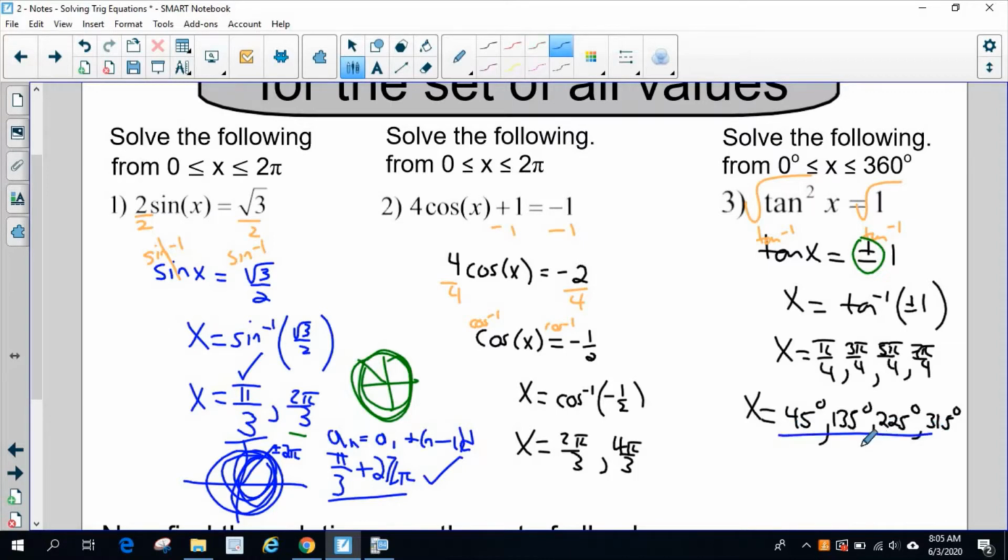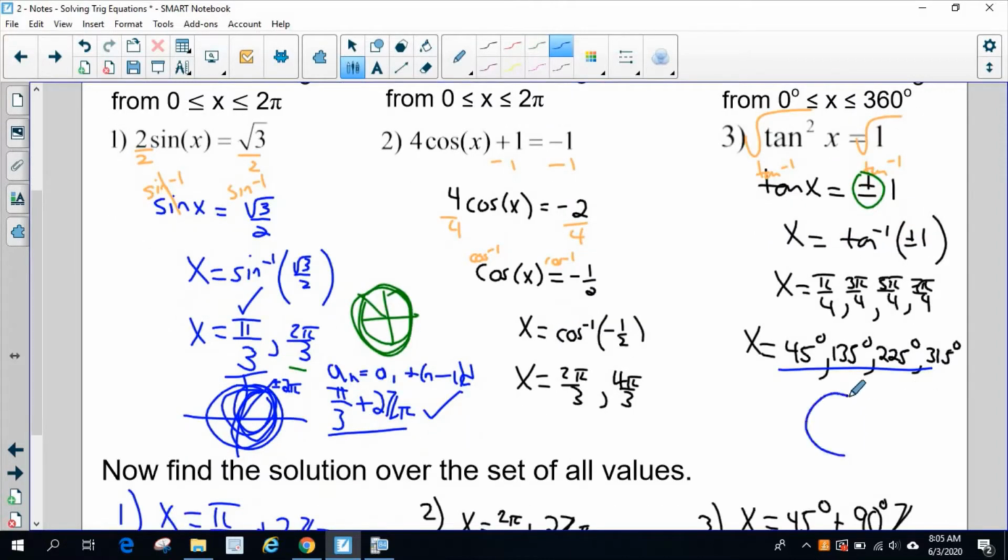If I look at this answer right here, and I draw the unit circle representing this, and again, this is just a visual sequence, and we can show the algebraic sequence as well. The first one's at 45, okay? The next one is at 135. The next one is at 225. The next one is at 315, and then I would be back to here. So if I were to go around the unit circle, I would start to engage these every 90 degrees, right? Because how far apart is 45 degrees